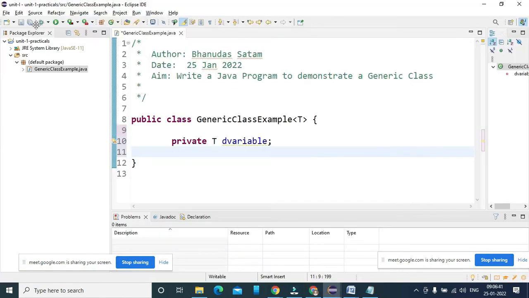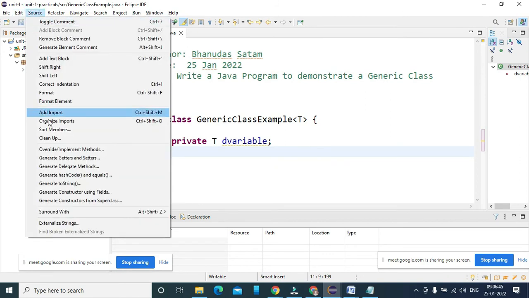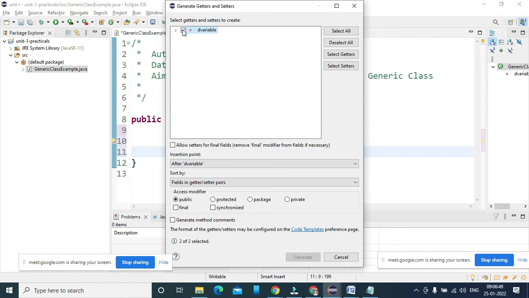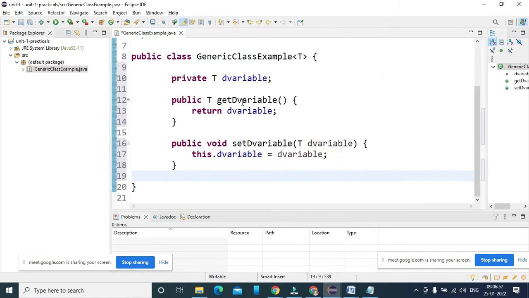And now I'm going to add a setter and getter here. So you already learned the setter and getter part here. So I'm selecting this and generating the setter and getter methods. So if you see, this is get the variable and set the variable, meaning it will return the data type.